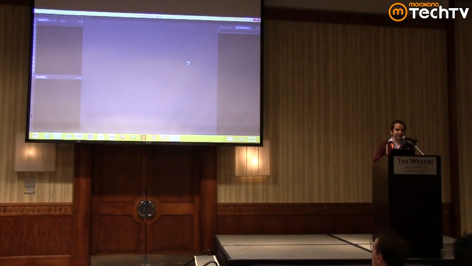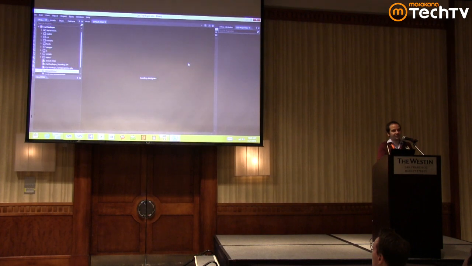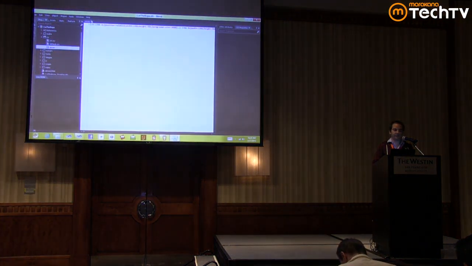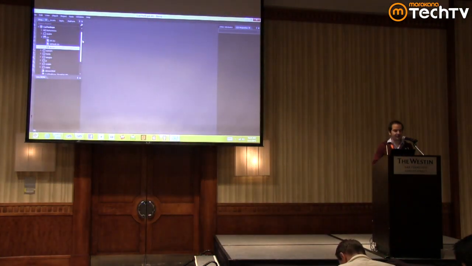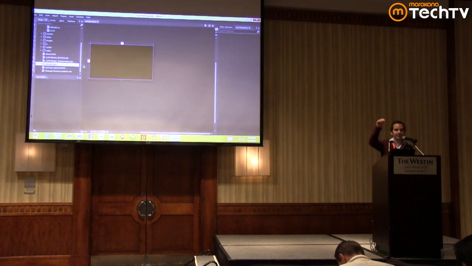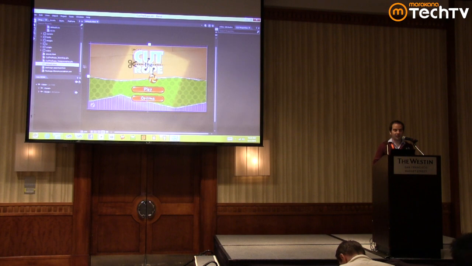What we tried to do with Expression Blend was to create a tool to really build complex applications. And one of the challenges that you have today when you develop a website or build an application is that you don't see it until the time where you actually open it in the browser.